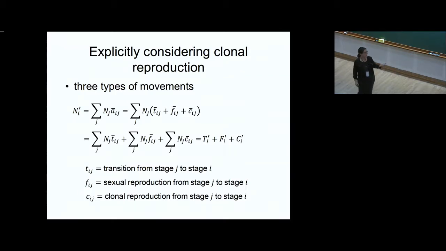Okay? So the number of individuals in stage I in the next time unit has all the movements from all the other stages averaged over phenotype and genotype. And we can separate these out into these 3 pieces. And we can separate n into 3 different numbers. That's fine. And then these are these individual transitions. And really, these should have G, Z, because they'd be specific to a phenotype and a genotype, but I'm being sloppy. We'll see it more carefully later.